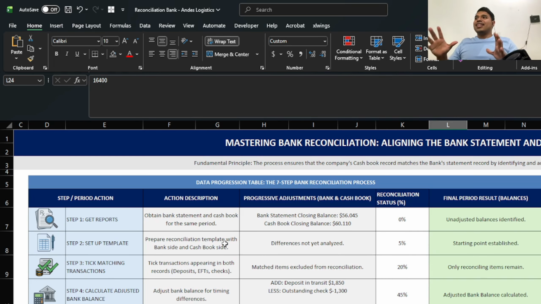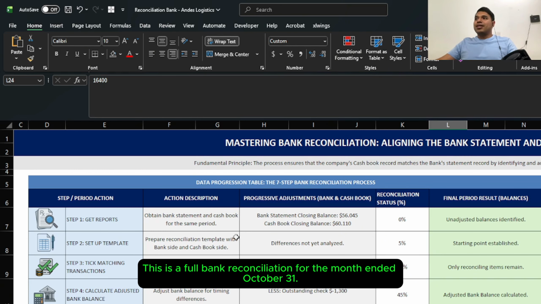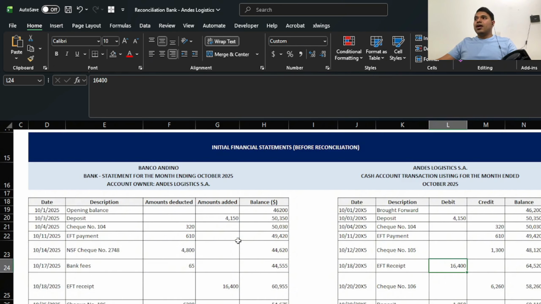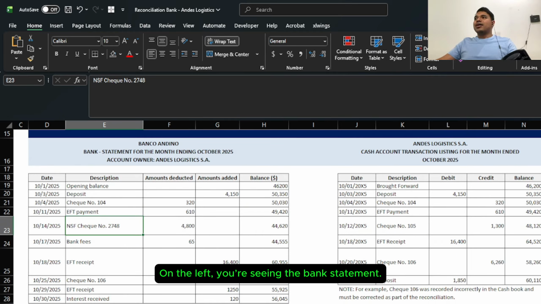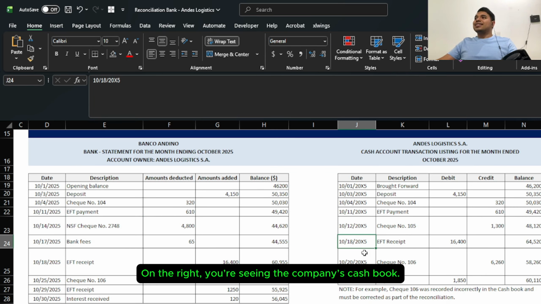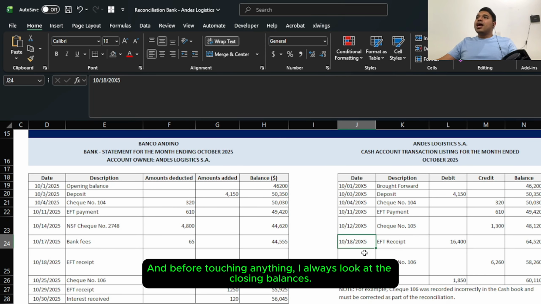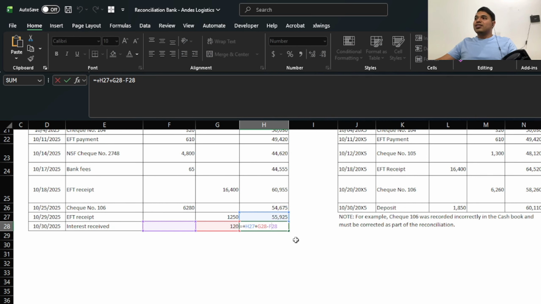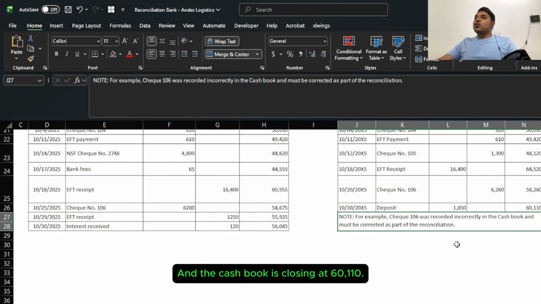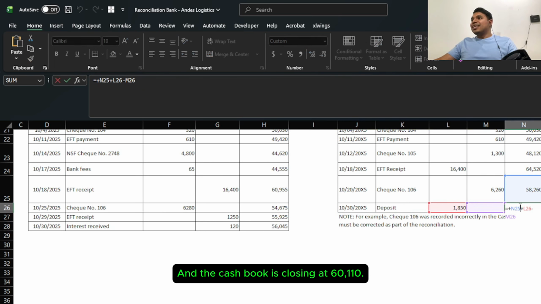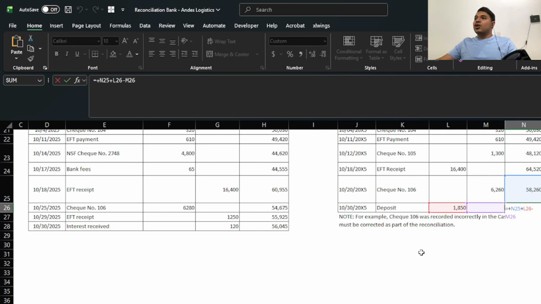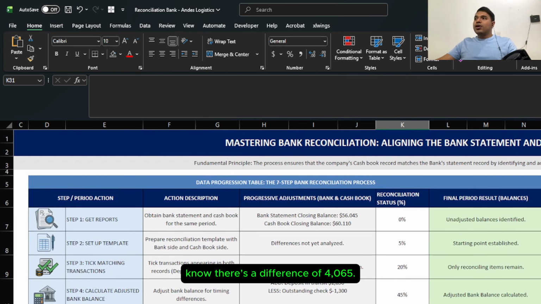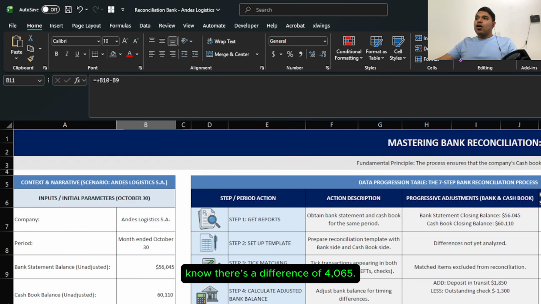Alright, on the screen, this is a full bank reconciliation for the month ended October 31. On the left, you are seeing the bank statement. On the right, you are seeing the company cash book. And before touching anything, I always look at the closing balances. The bank statement is closing at $56,045, and the cash book is closing at $60,110. So right away, we know there is a difference of